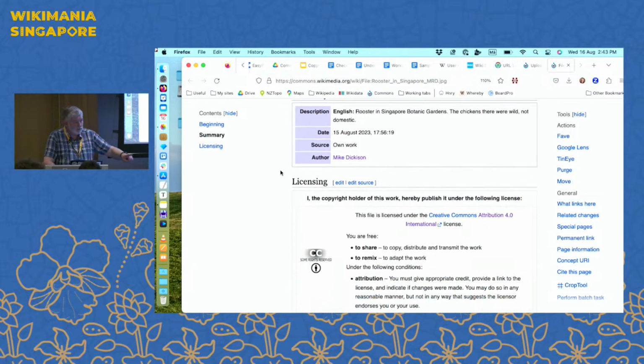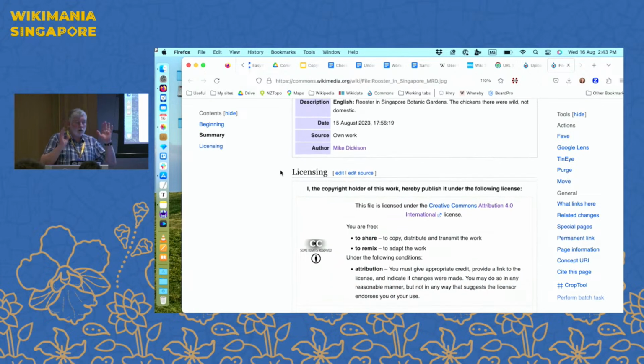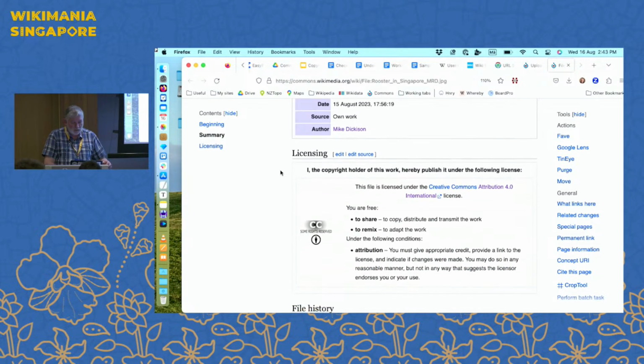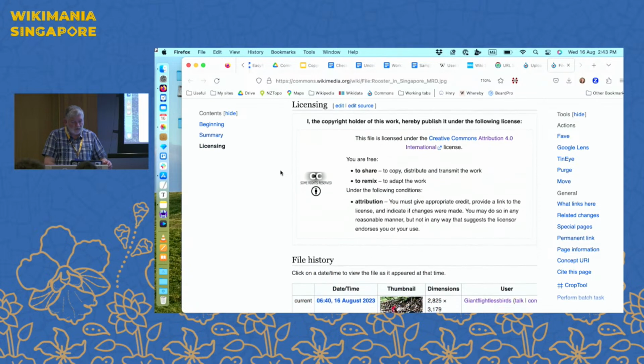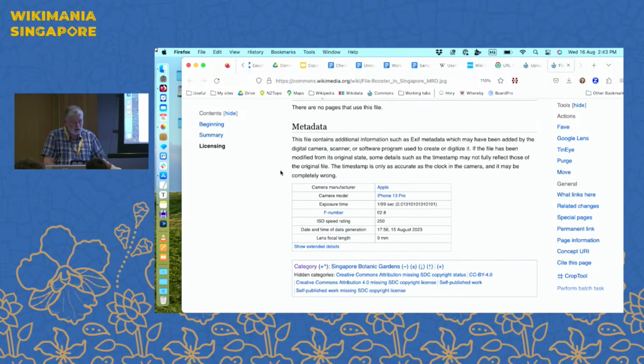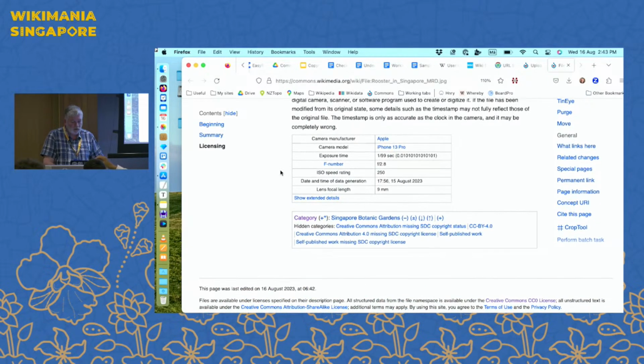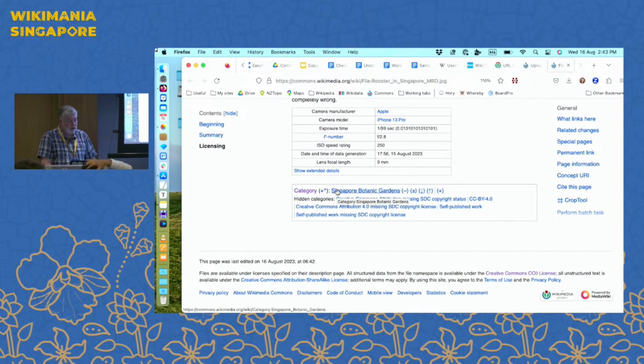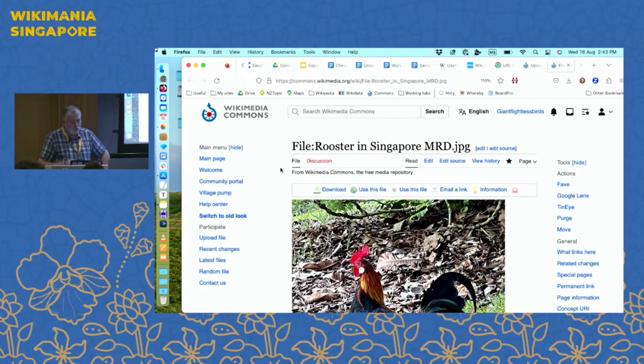Okay, so this is what it looks like in Commons. Here's the description, date, source, own work, as I took it, and me as author. Licensing information, file history, file usage, even what sort of camera took it. And there's the category Singapore Botanic Gardens. Now, let's just go back up. Why was this a useful thing to do? If you needed to send a photo to someone, right? So someone was doing a newspaper story about the wild chickens in the Singapore Botanic Gardens,